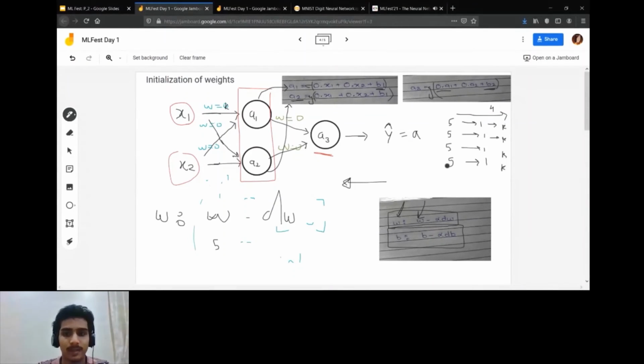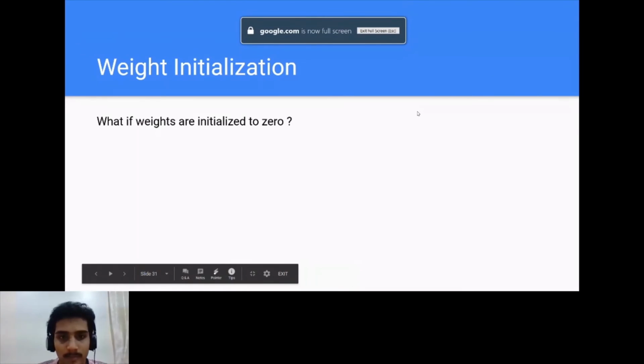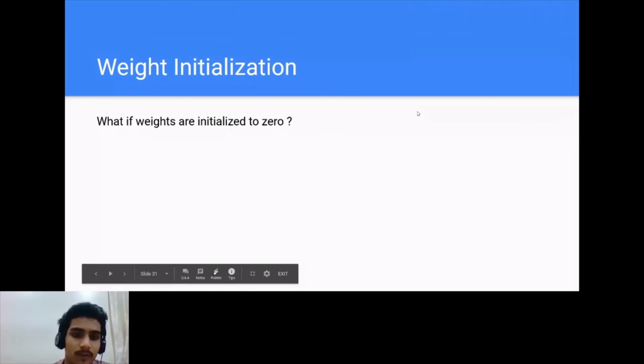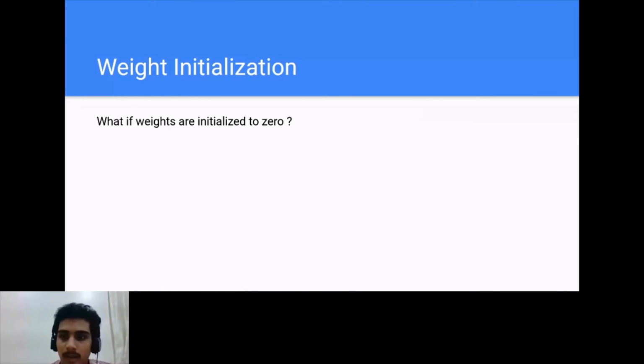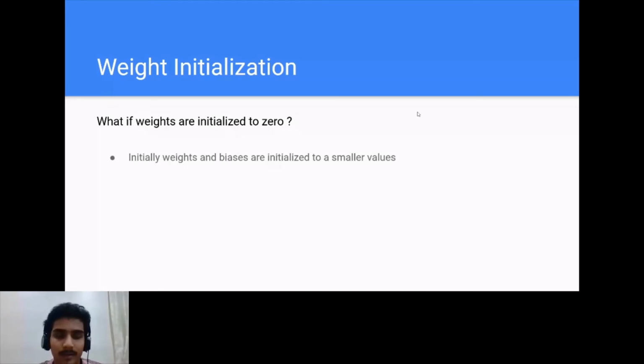So weights will get updated in a constant manner. That is, first they will be 5, then they'll get 1. For example, if they get 5, then there will be 1, then again k. So this loop will keep on happening, and we wouldn't get w such that our cost function will be minimum. So that's why we initialize the weights to some random value and not some constant value. I hope you get an intuition of all of this. Yeah, moving on. So what if weights are initialized to 0? Then the weights would repeatedly get updated to some constant value, and this loop will keep on happening ever and ever.